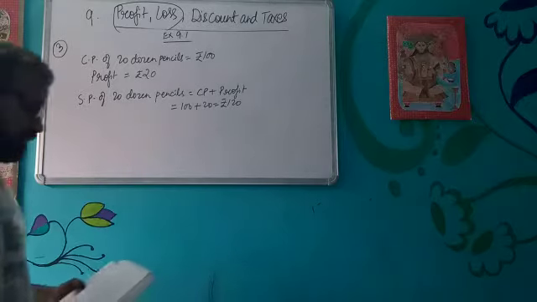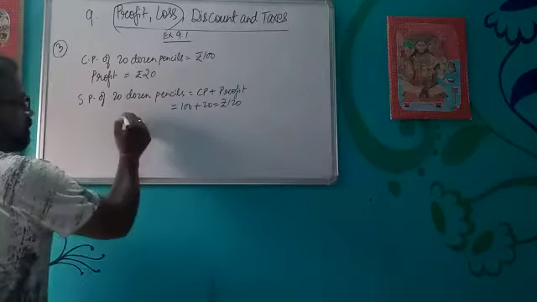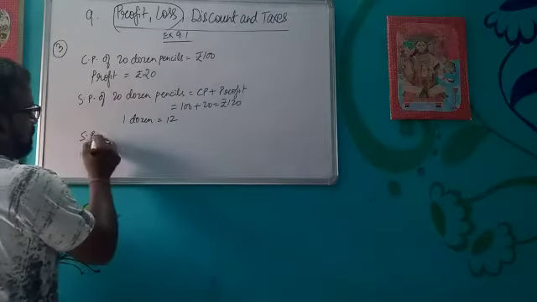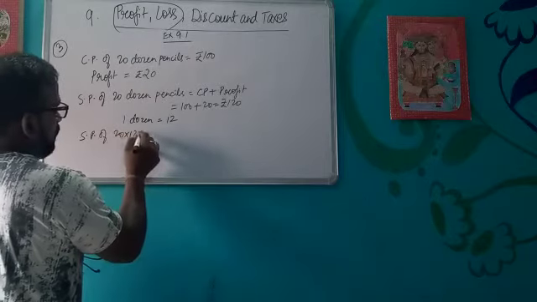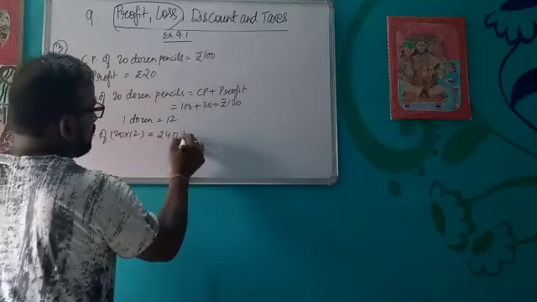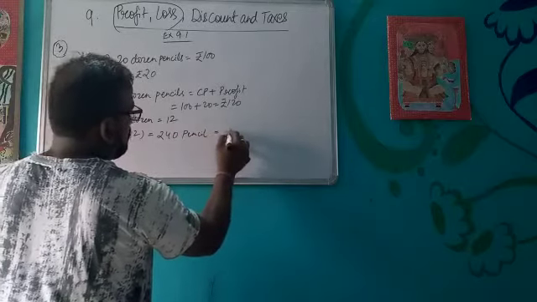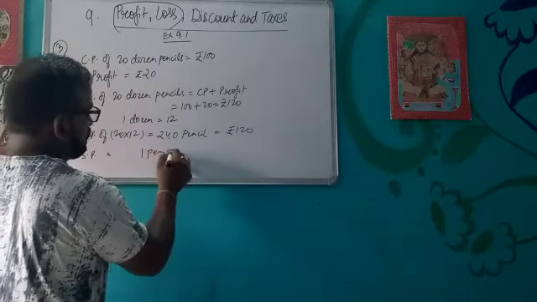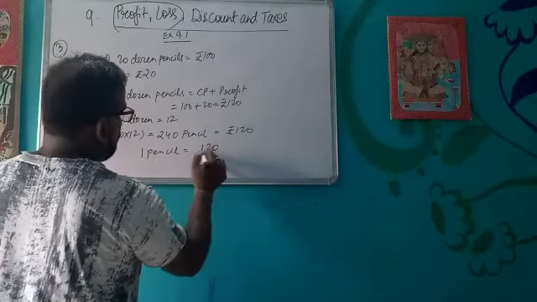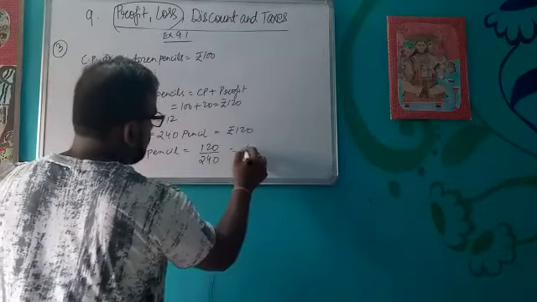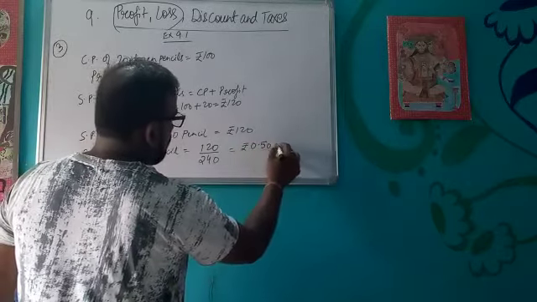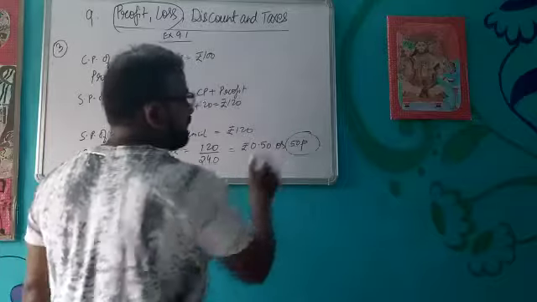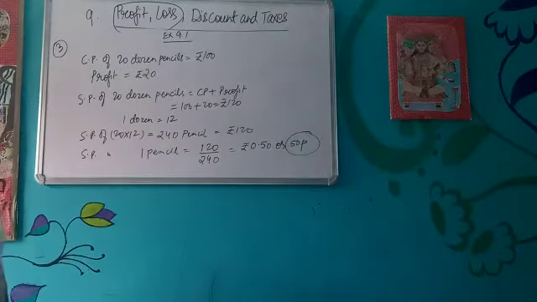But what we have to calculate in this is selling price of one pencil. So what we know? 1 dozen is equals to how much? 12 units. So what is SP of 20 into 12? That is 240 pencils will be rupees 120, and we have to calculate SP of one pencil. So what we will do? We will divide it by 240. You will get rupees 0.5, or you can write 50 paisa. So that will be the selling price of one pencil, so that he will earn the profit of rupees 20.